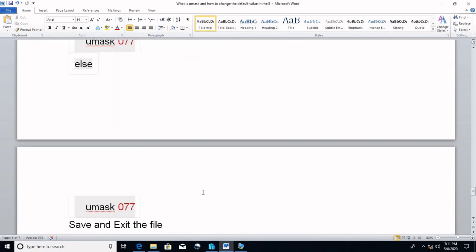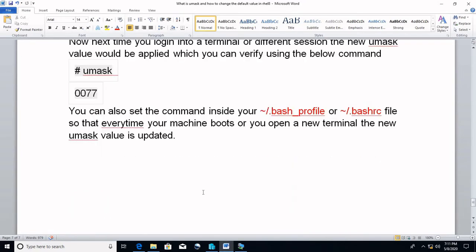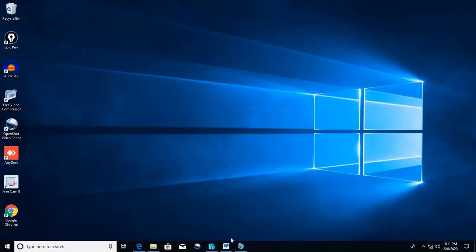Or if you want to set a value for an individual user, you have to log in as that user, then edit the file called profile. In that you can type umask and the value, so that only for that particular user the umask will be set.